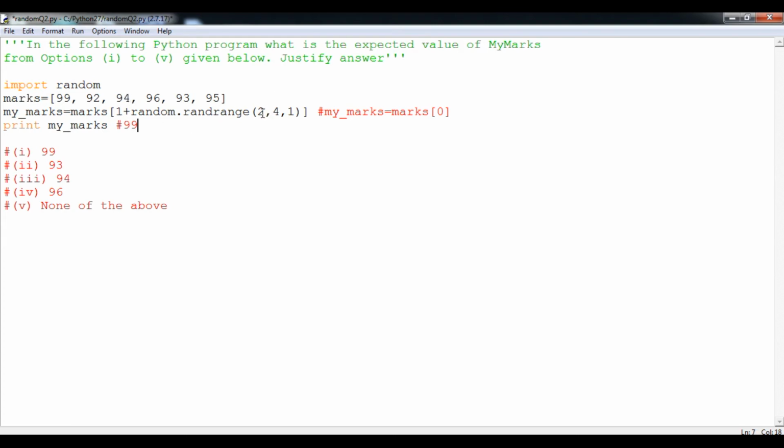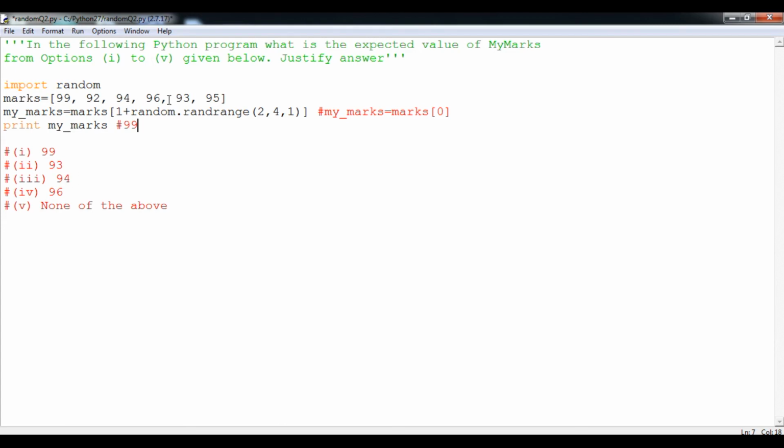If the minimum value 2 comes, it will indicate 94 at the second position, based on 0, 1, 2, and this second position added to this 1 will be 96. That's why 99, 92, 94 will never print. So the third option is also incorrect.